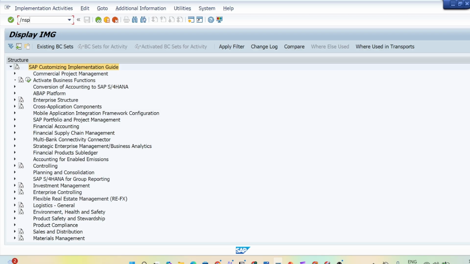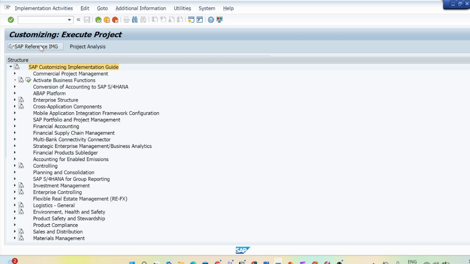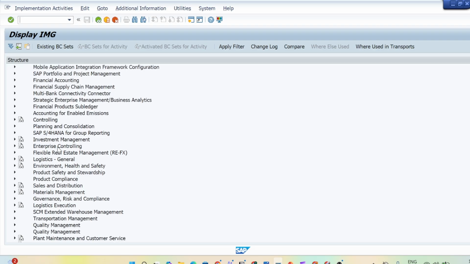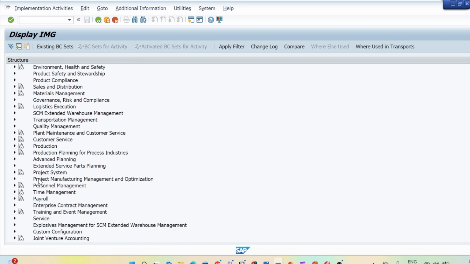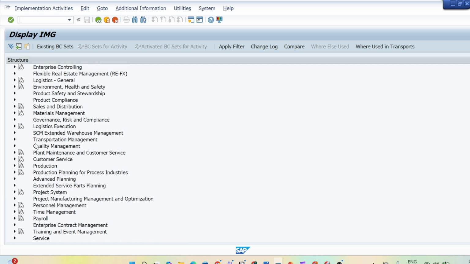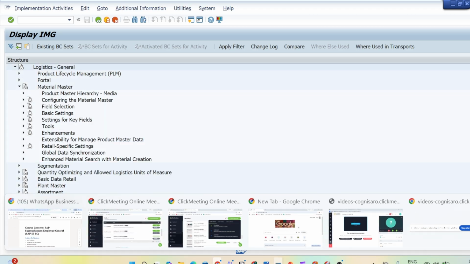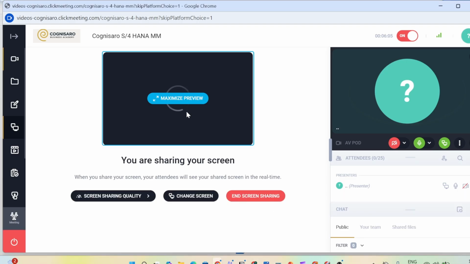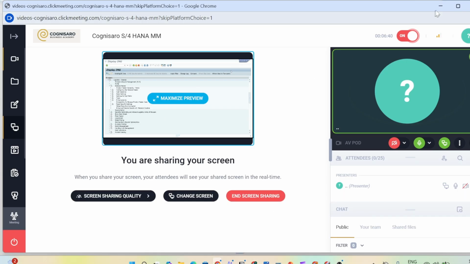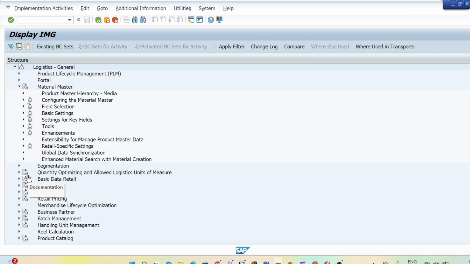Go to SPRO, go to IMG, then go to Logistics General, and go to the Material Master node. Let me cross check that the screen is shared. Yes, the screen is shared. Perfect. So SPRO, then IMG, then Logistics General, then Material Master.